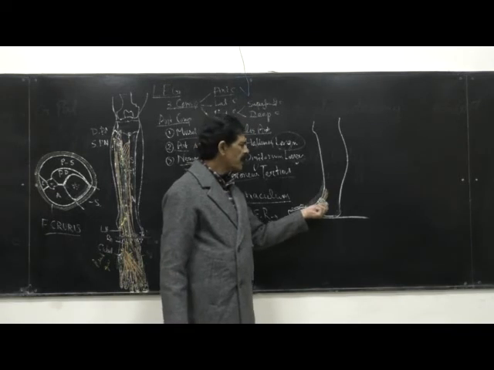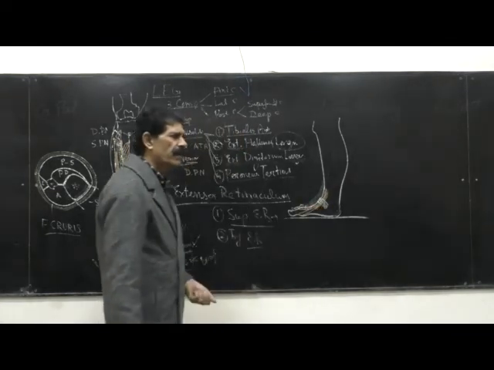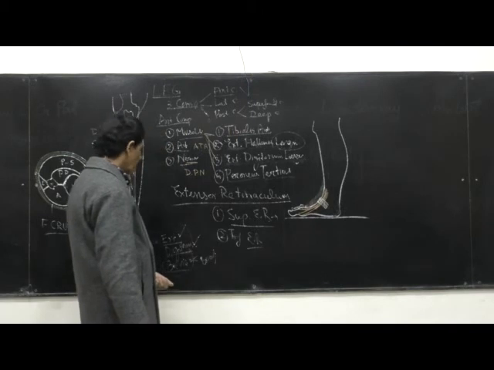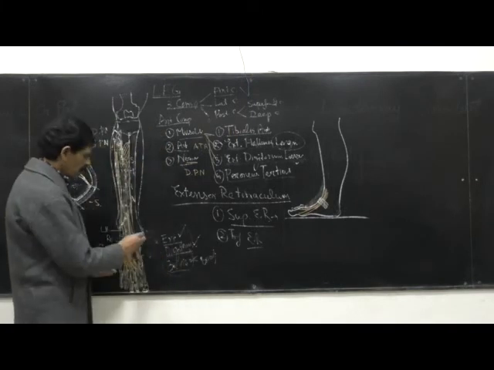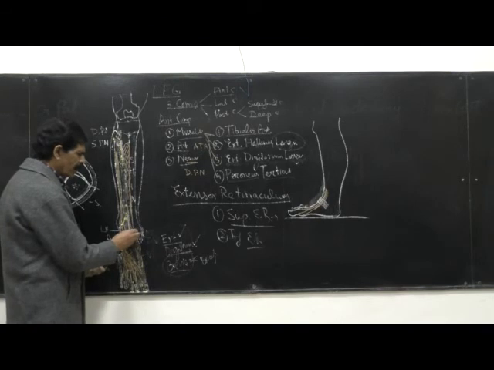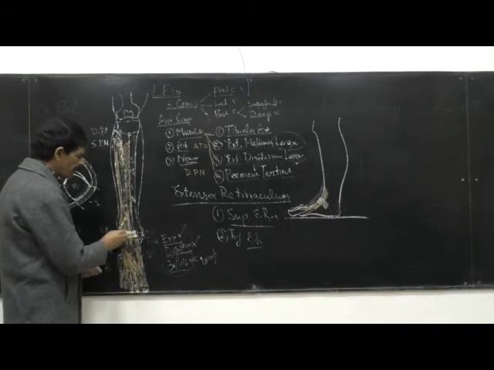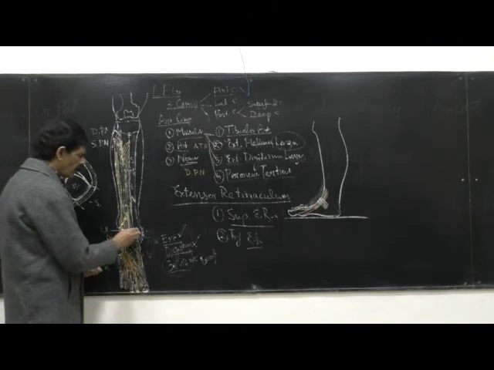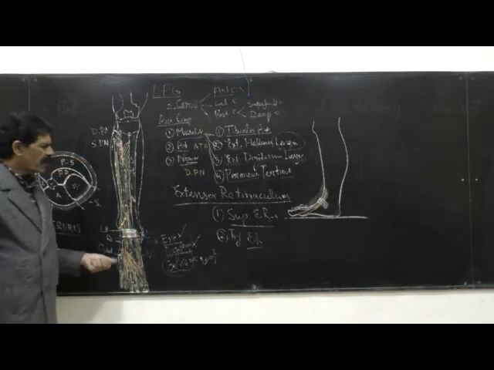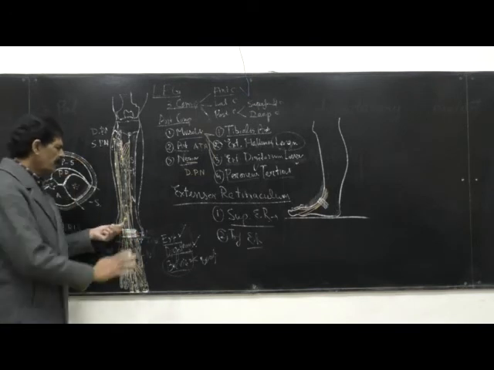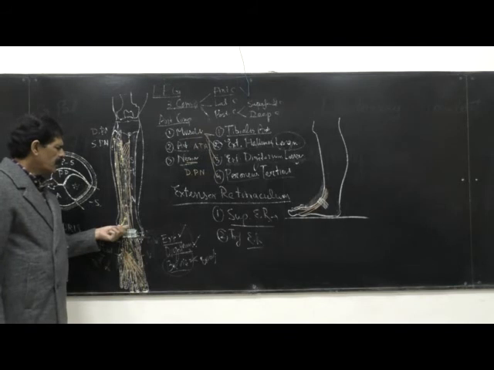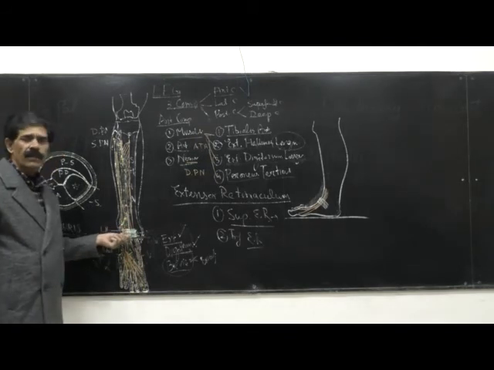The superior is a thick band about 5 centimeters, or 1.5 inches, broad, and medially it is attached to the anterior border of the tibia, and laterally it is attached to the anterior border of the fibula. So this small band is called the superior extensor retinaculum. It will keep the artery, veins, as well as the nerve and the tendons on it.